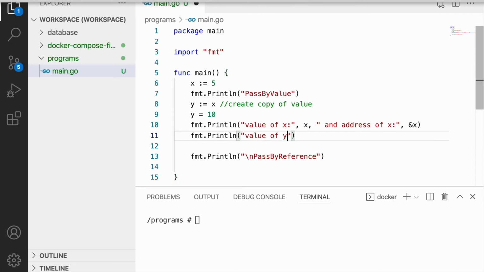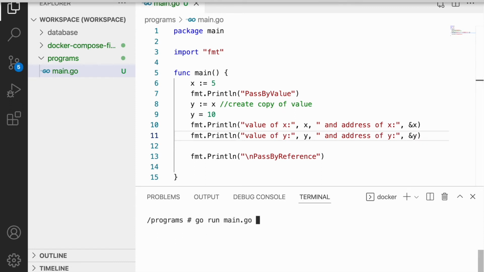Value of y equal to y and address of y equal to ampersand y. Now let's run this program and see.